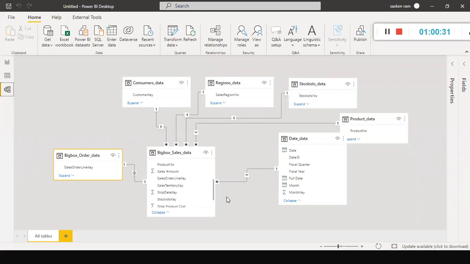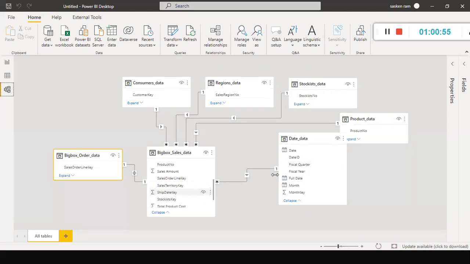The prerequisite is, if you want to filter by ship date key, you need to create one more relationship between these two, because one relationship already exists. Or you can remove this one, and then you don't have any relationship. Create a relationship between date ID and ship date key directly.